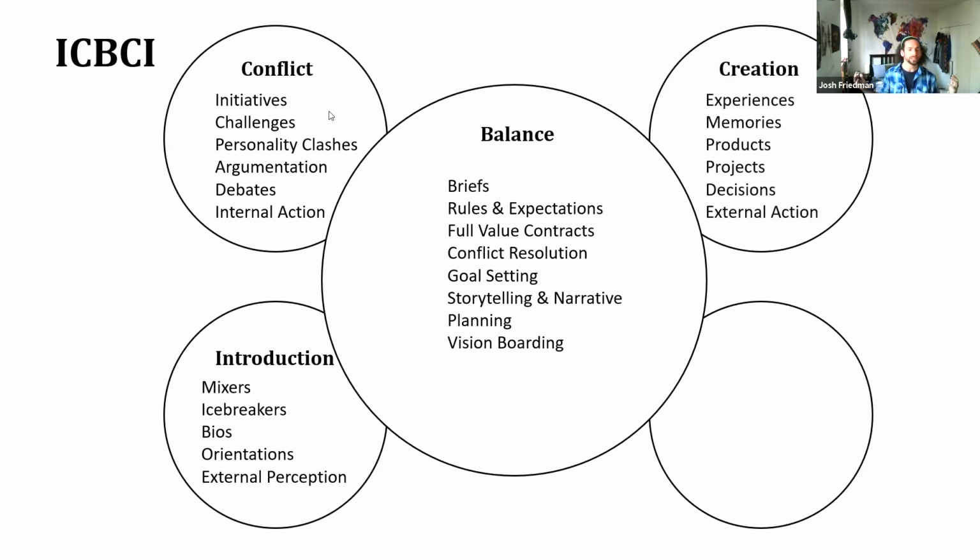Creations could be everything. It's like experiences, memories, products, projects, decisions, right? All kinds of things that we do something internally first. We feel, okay, now this is what I want to do and affect in reality, right? That's that creation moment. And then finally, we've done something. What does that mean for us? What do we reflect, right? We have epiphanies. We integrate different concepts together and we say, these things are coherent, right? And symbiotic, this will work, right? Something I also term internal perception. Okay, so these are examples of these different stages.